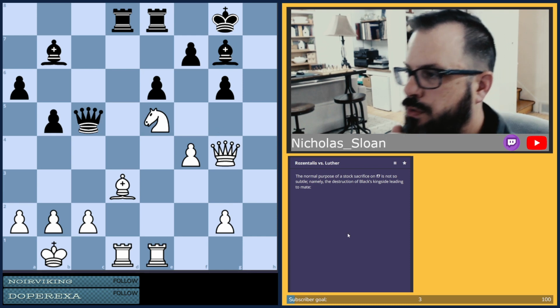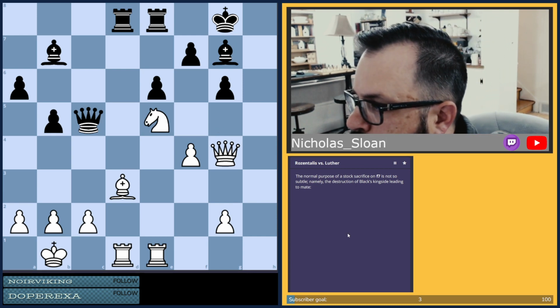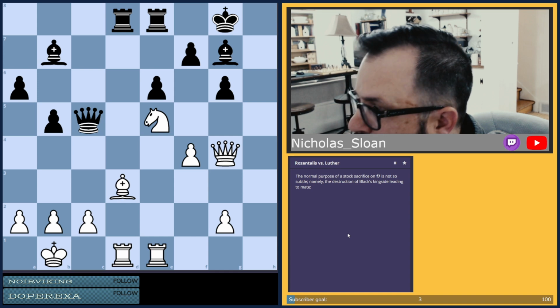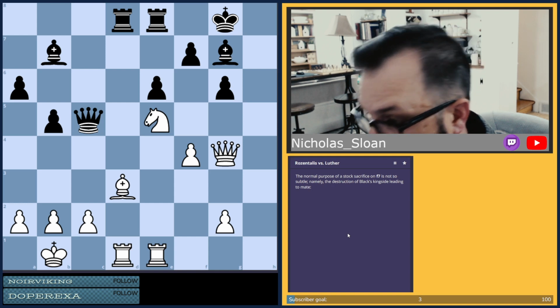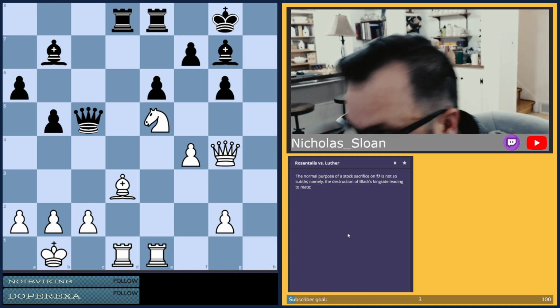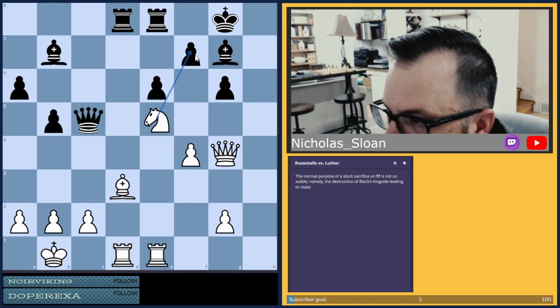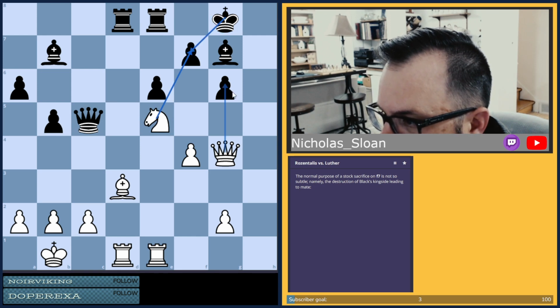All right, Rosenthalis versus Luther. The normal purpose of the stock sacrifice on f7 is not so subtle, namely the destruction of black's kingside leading to mate. So we're expecting that this is going to be a mate. I see this right away. Now what do we do after that?